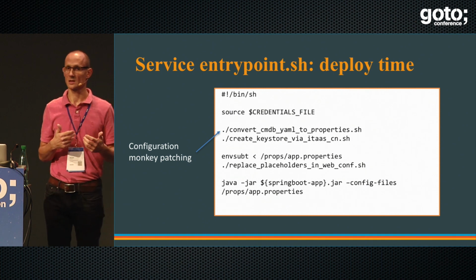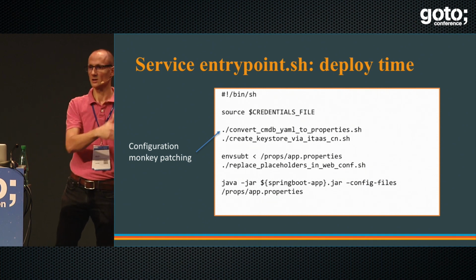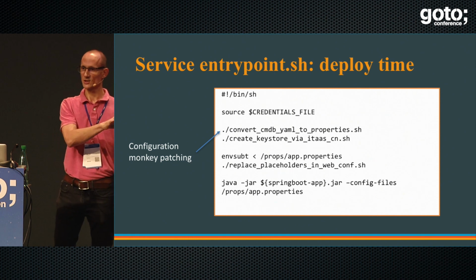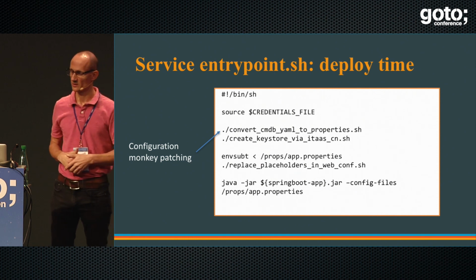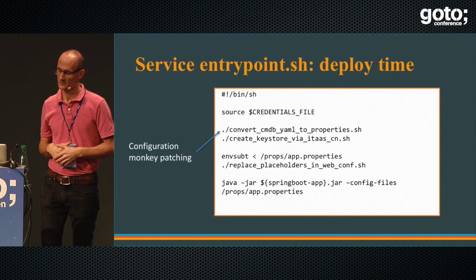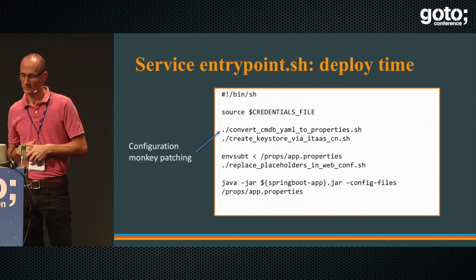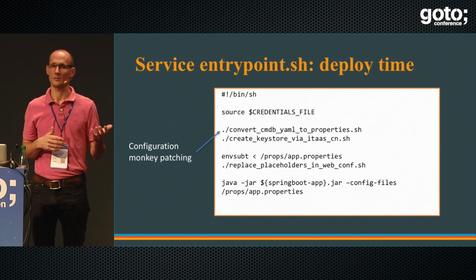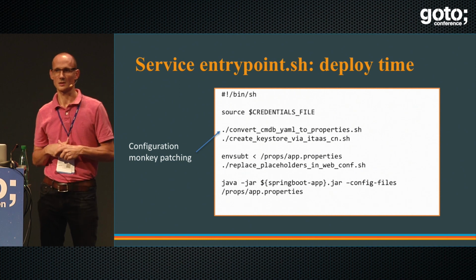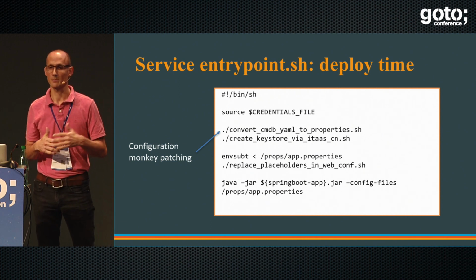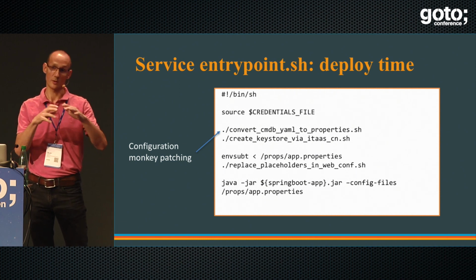On commit time, there is a hook, and we launch a Jenkins job to populate the CMDB. This format is actually a YAML format. I don't know if you are familiar. It's a Ruby gem, which is used by Puppet, and we use Puppet to